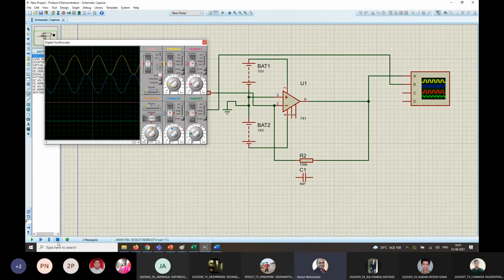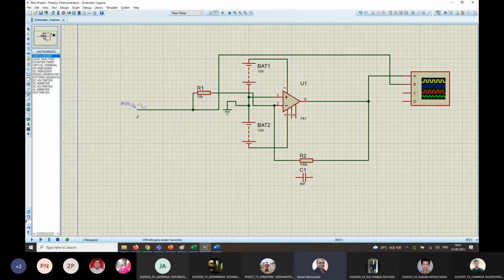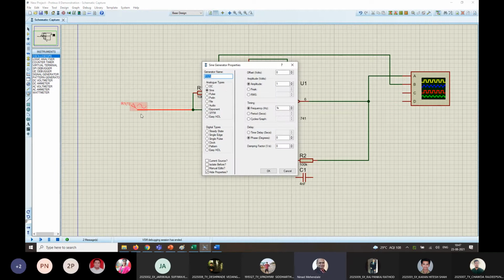So let us now see what happens if you connect a capacitor to this. Also, if you want to change the waveform, what you can do is double click on this. Let us say I need a square wave. You can select a pulse with logic 0 as 0, logic 1 as 1, and maybe pulse width of 50% with frequency of 1 kilohertz. Don't forget there is a rise time and fall time to the equation.